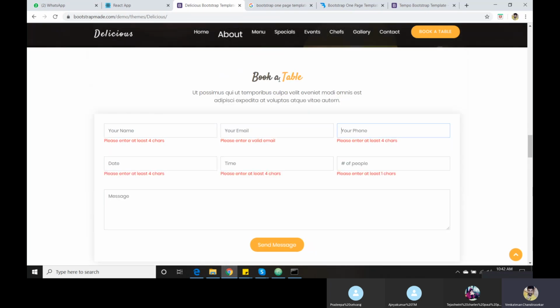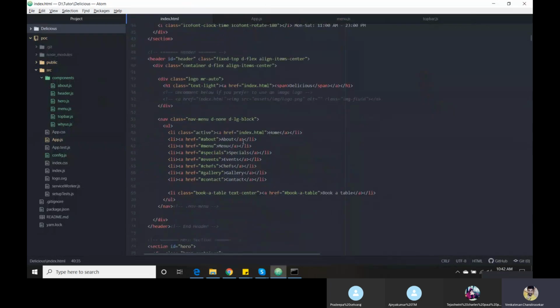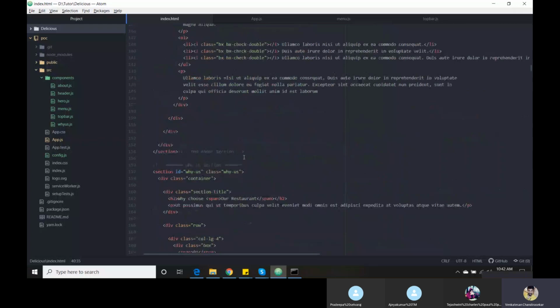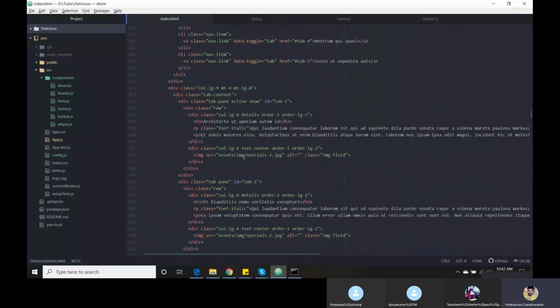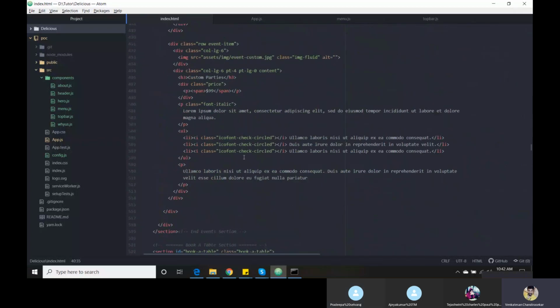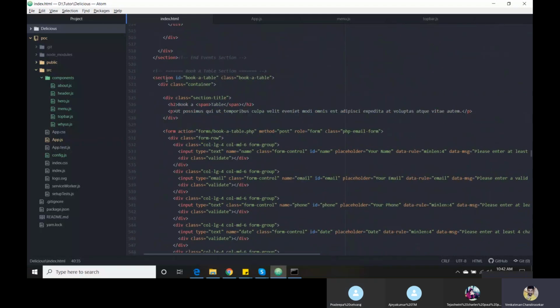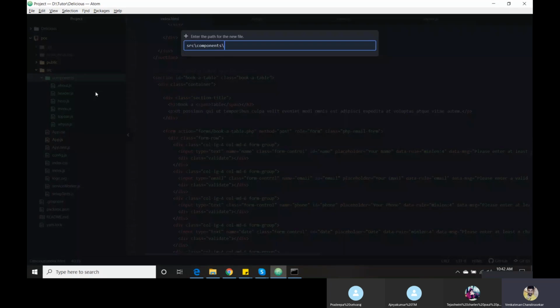Before that, I am going to create this book a table component. Book a table.